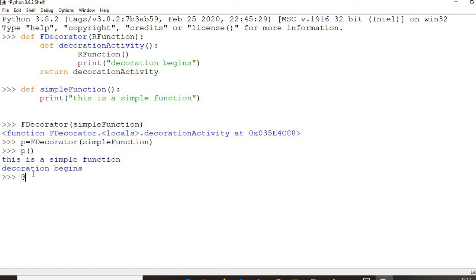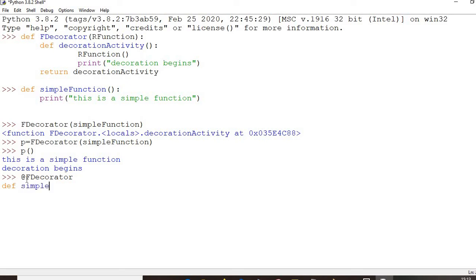So even if you write something like this, how do you use it? You have to use the @ symbol, and then you will write the name of the decorator function, okay, and the name of the decorator function would be fDecorator, right? And then you have to define the function you want to decorate.